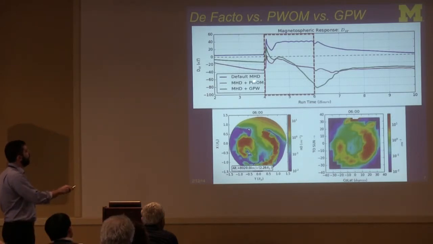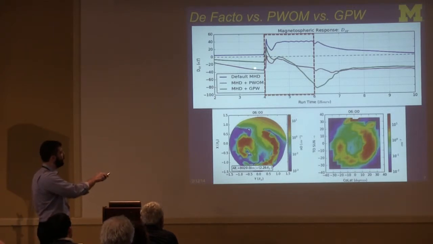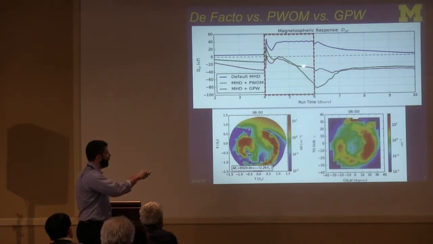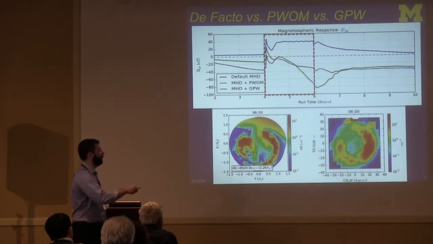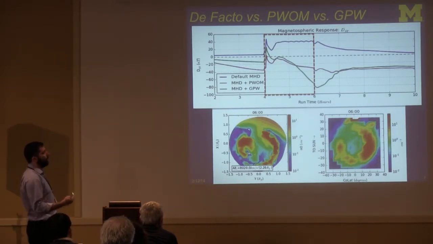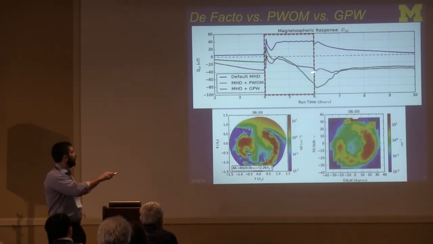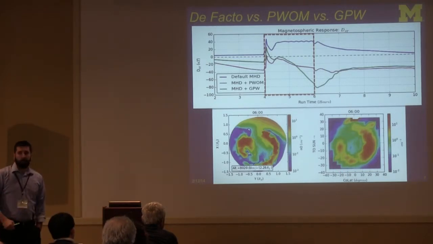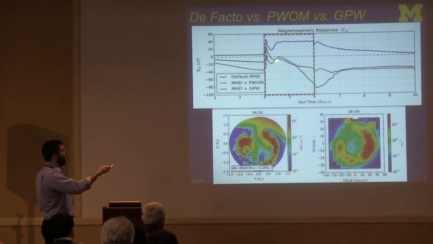If you turn on the PWAM, which is the purple line, you do see the storm sudden commencement. The mass buildup helps build a stronger ring current and plasma sheet, but it's very gradual and then relaxes to a new equilibrium. And I think if you were cataloging storms via DST, you wouldn't consider this to be a very major one. With the GPW, however, during the main phase, the additional mass drives the DST to negative 80,